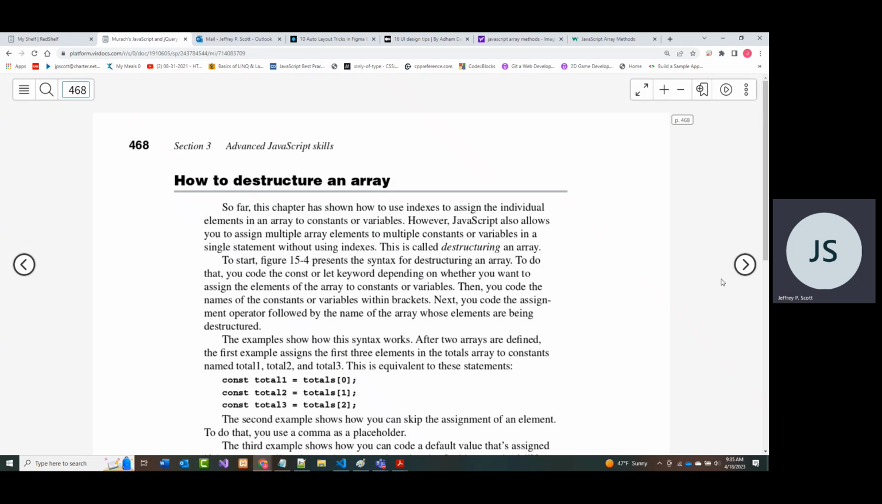Okay. Now, this is another new thing. This is something you're going to work with in the AWD1111 class. It's called destructuring an array. All right. And it says, so far this chapter has shown you how to use indexes to assign the individual elements in an array to constants and variables. JavaScript allows you to assign multiple array elements to multiple constants or multiple variables in one statement